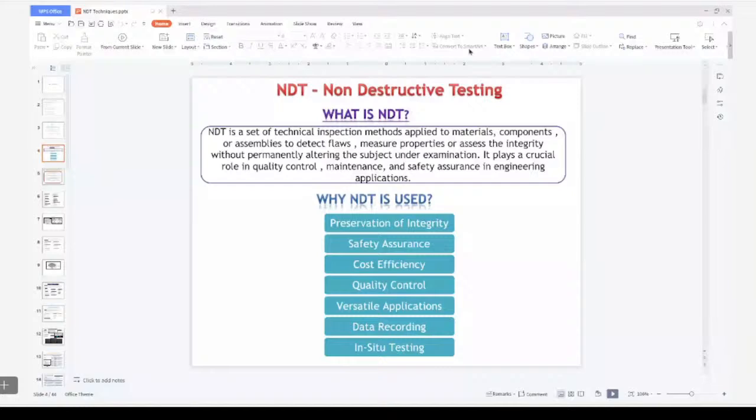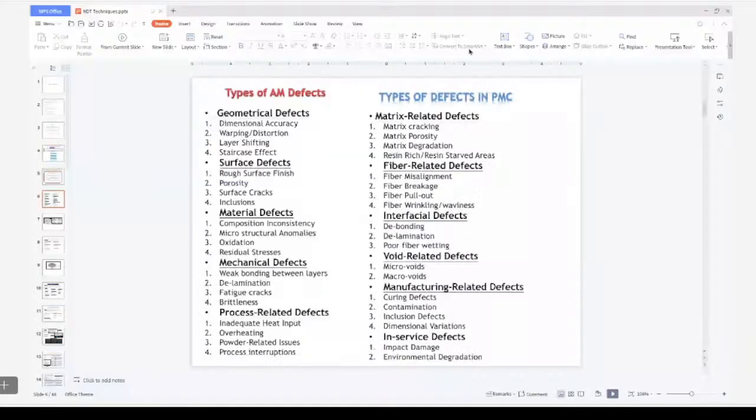and there is no hazardous environment while doing NDT, and quick results, you immediately get the result, and it's more eco-friendly. These are the bookish information on the superiority over destructive testing. So today my focus is on additive manufacturing, but I also want to give a flavor of polymer matrix composites, because if you look at the entire